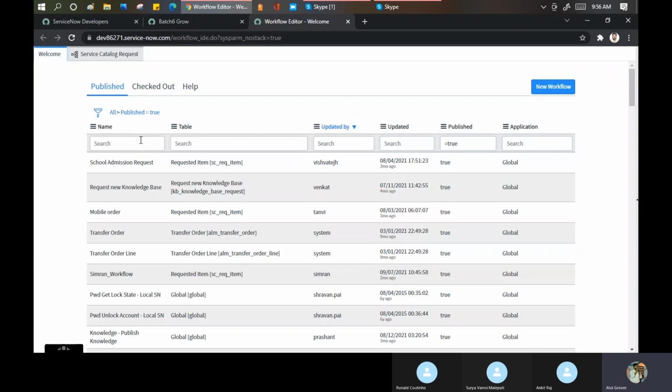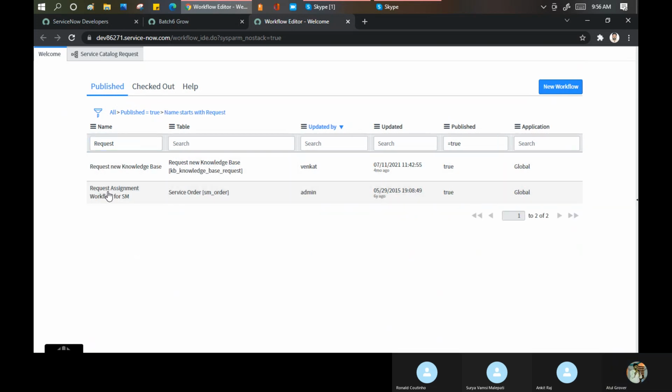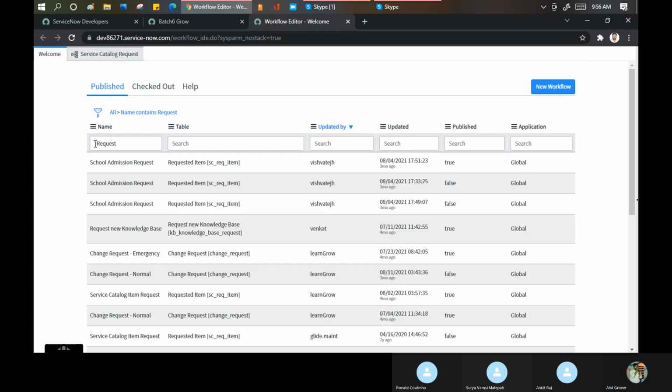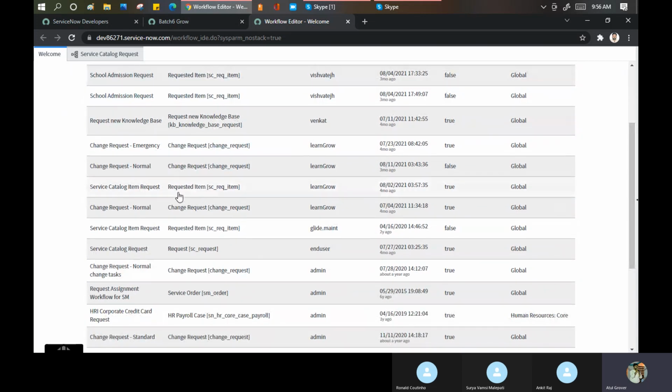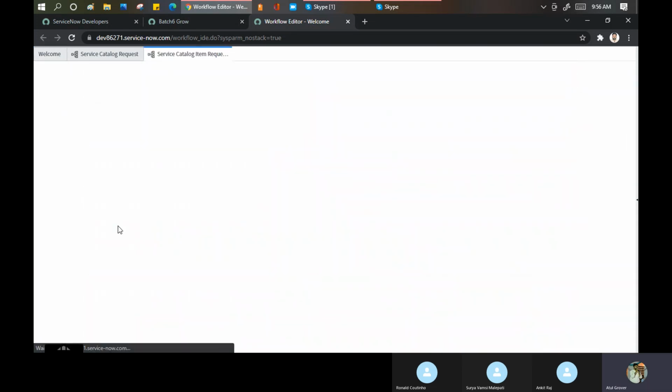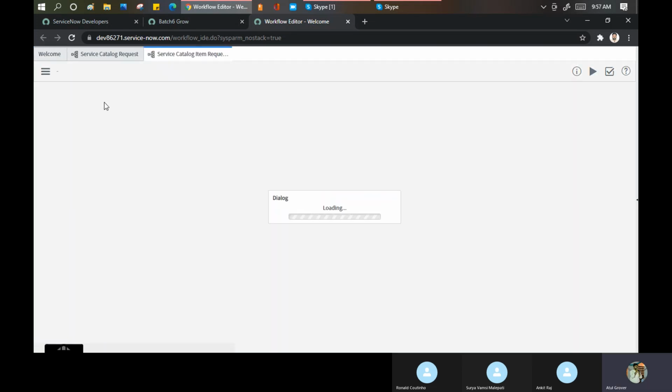Now I go again to search for the request. I'll show you the item, this one, service catalog item. This workflow has been utilized somewhere in this as well.